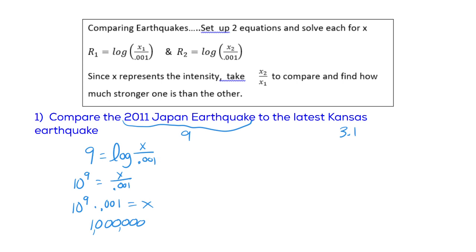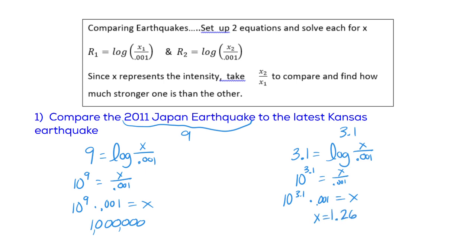Okay, let's try the Kansas one. So the Richter scale number was 3.1, which equals the log of its intensity over 0.001. Do the same thing, switch to an exponential, and then multiply by the 0.001. And that will give us our intensity. So 10 to the 3.1 times 0.001. And I have, oh my, look at that,